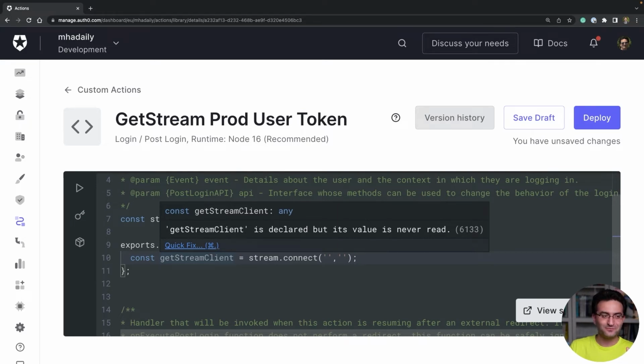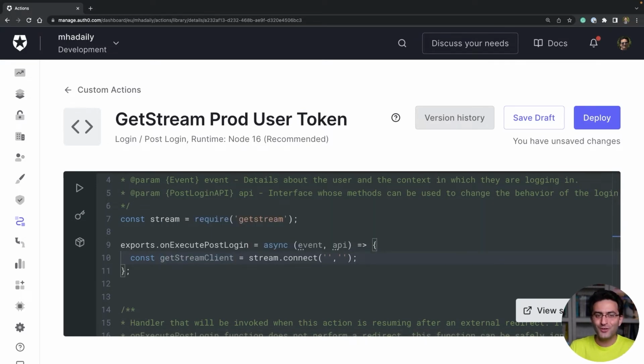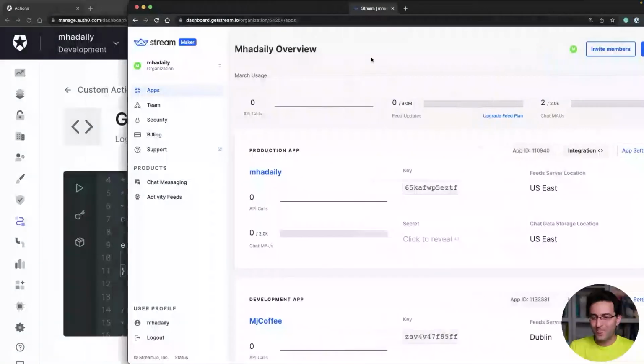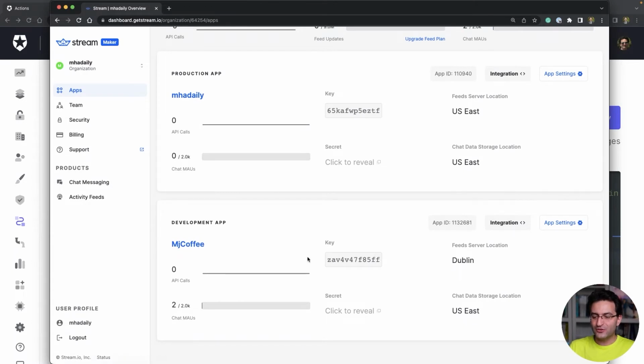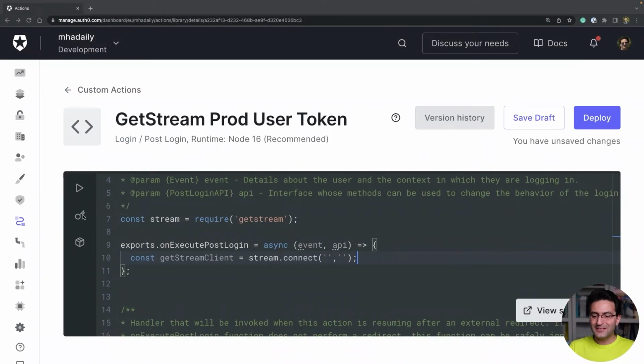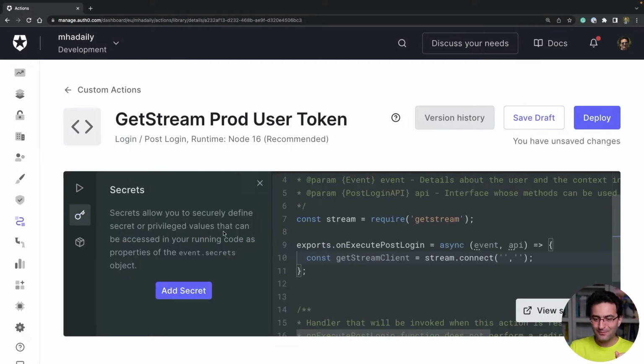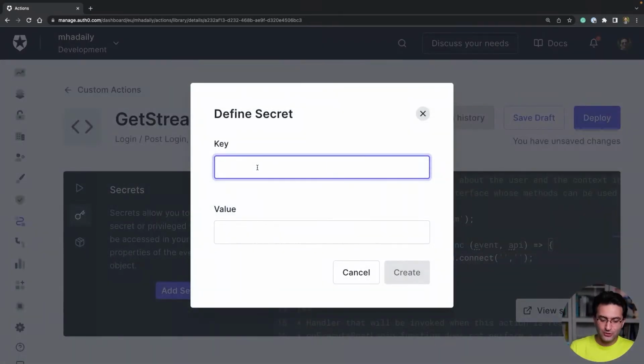It's very sensitive. For those who have not watched it, I'm going to show you very quickly the dashboard. Here is the dashboard that we created. This is the application, these are the keys, and this is the secret. Once you create that, you come to the secret tab here, and then you add them here. So let's do that quickly. I would say get stream,